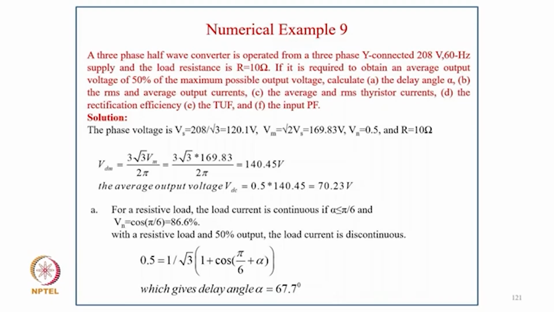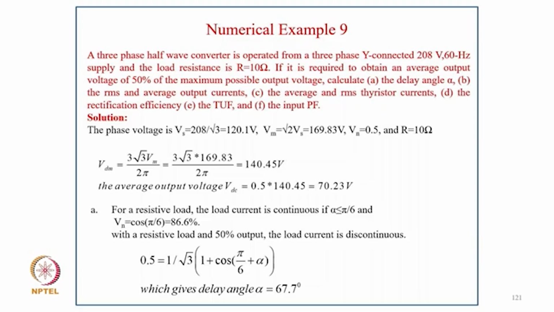Phase voltage is Vs equal to 208 into root 3 by 3, that is 120.1, and Vm equal to root 2 Vs, that is 169, Vn equal to 0.5, R equal to 10. So Vdn is 3 root 3 Vm upon 2 pi, that becomes 140.45, and average output voltage Vdc is 0.5, that is 70.23. For the resistive load, current is continuous if alpha is less than pi, so Vn equal to